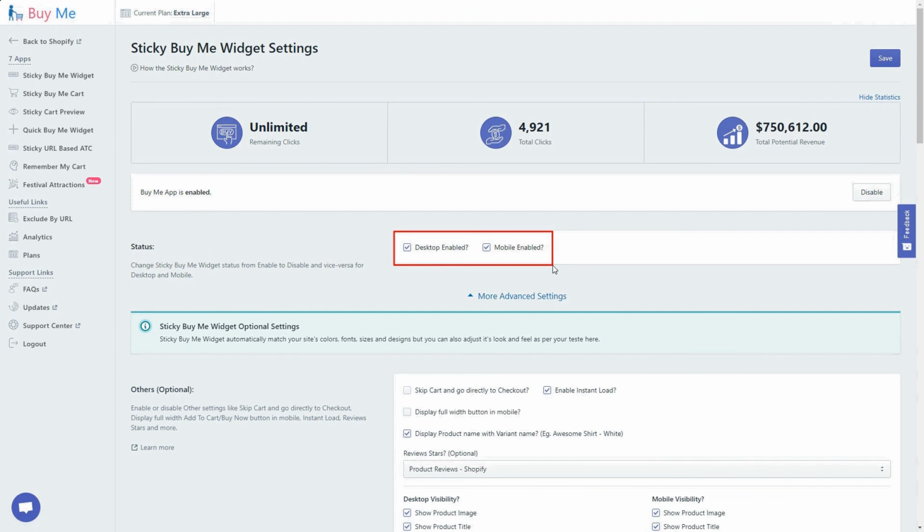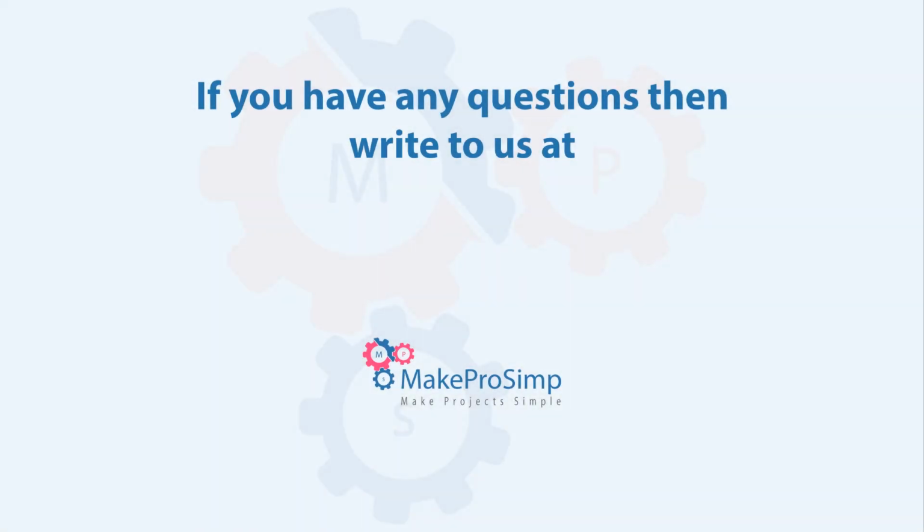You can select the options as per your requirements and enjoy the awesome Sticky Buy Me widget feature. So, use the Sticky Buy Me widget for a faster add to cart process and get the benefit of more conversions and boost sales. If you have any questions, then write to us at